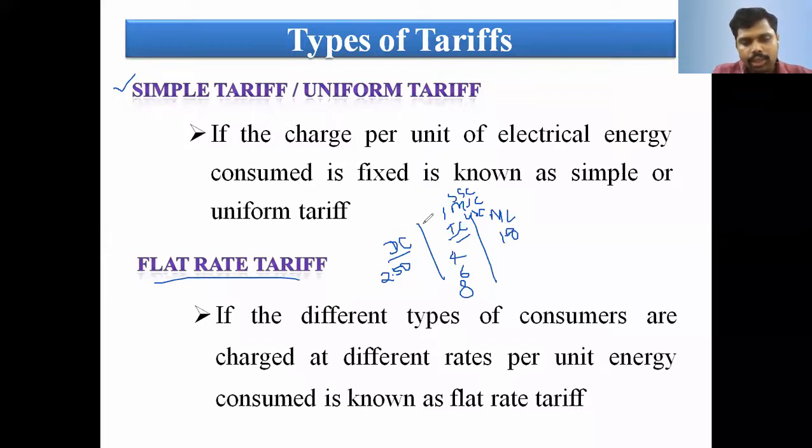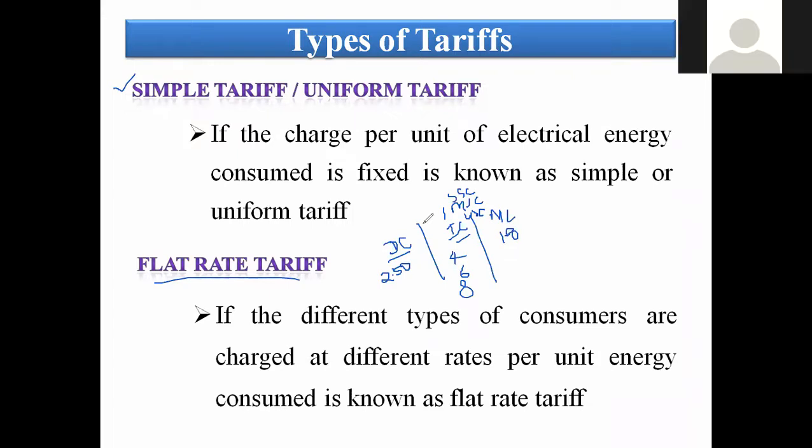Here, all the consumers are benefited. They are charged based upon how much power they utilize. Now, the industrial consumers and the domestic consumers are all satisfied, and the power utilization is also there. And the electricity board has a clear-cut idea how much they earn from the industrial consumers and domestic consumers.